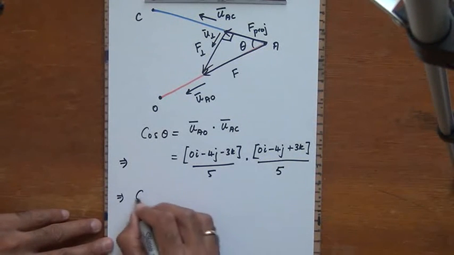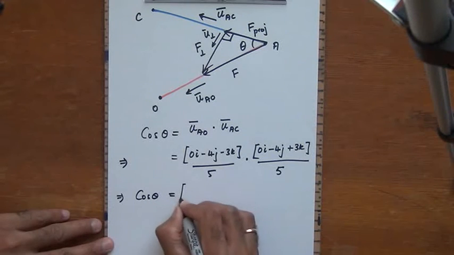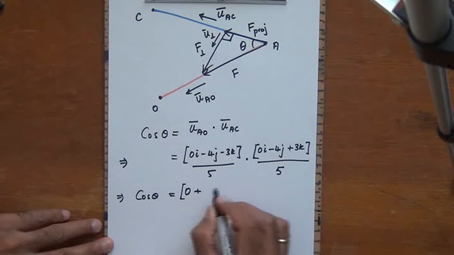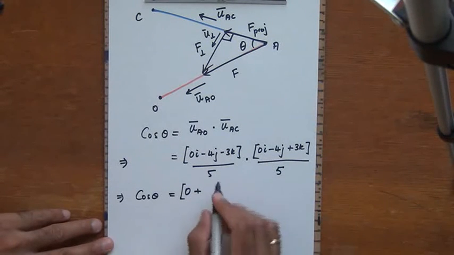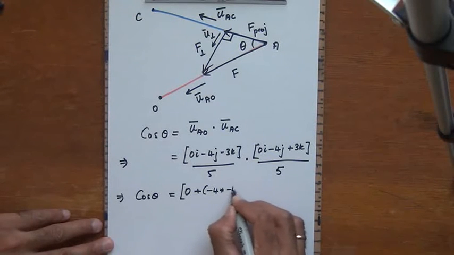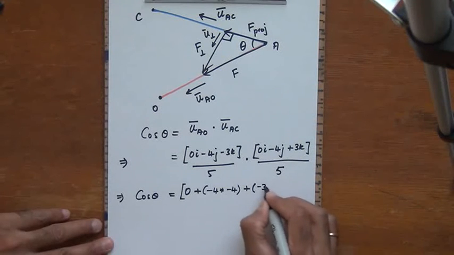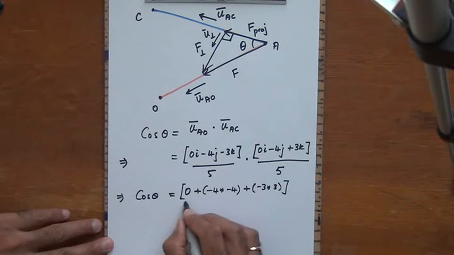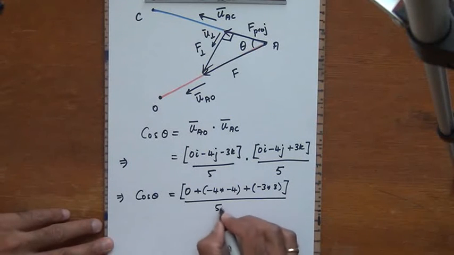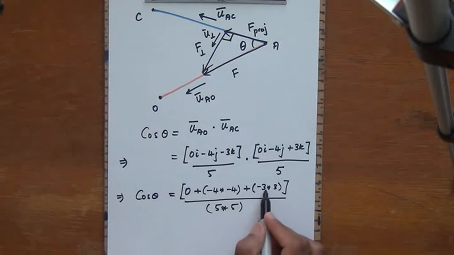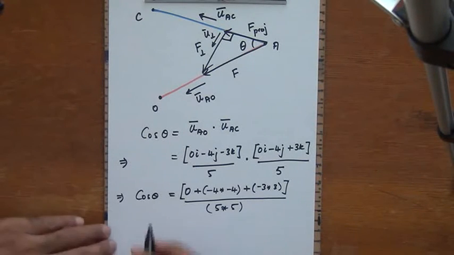And so this implies cos theta, if I do the dot product, is going to be 0 times 0, so that's 0, and then a minus 4 times a minus 4, and a minus 3 times a plus 3. All of this will be divided by 5 times 5. Minus 4 times minus 4 is 16, and minus 3 times plus 3 is minus 9. So I have 16 minus 9 divided by 25, and so cos theta,